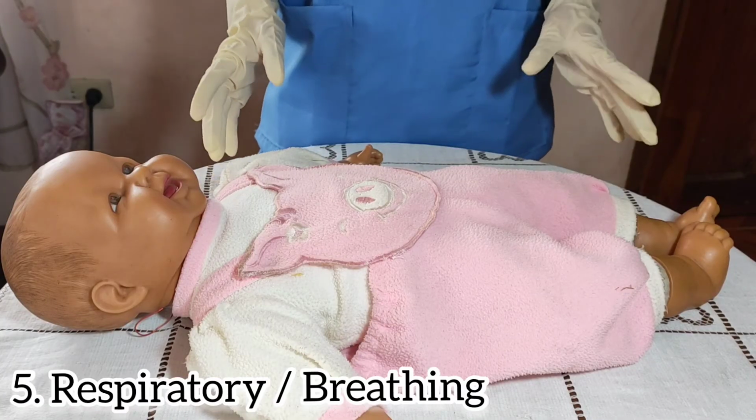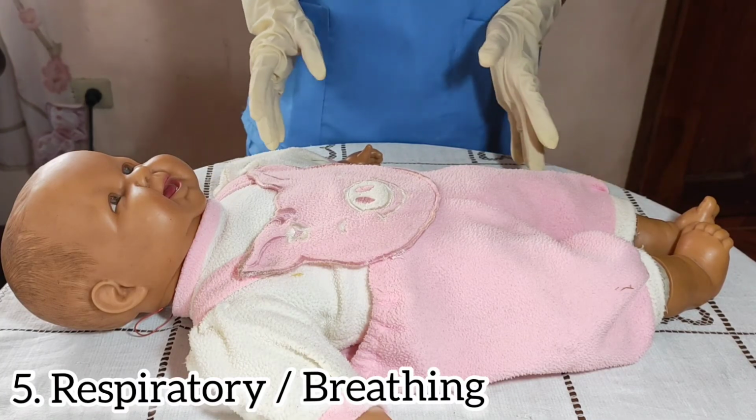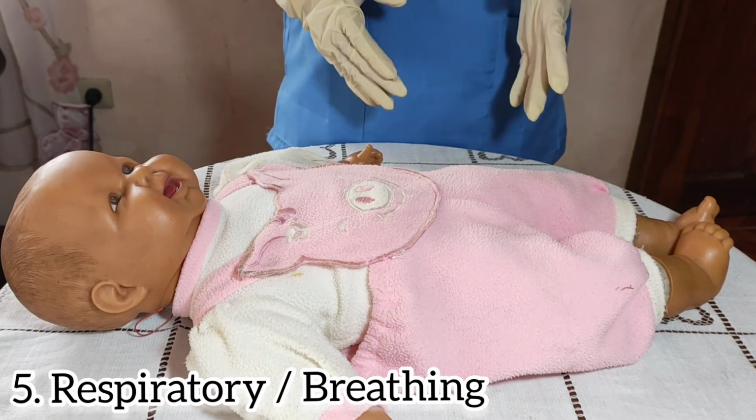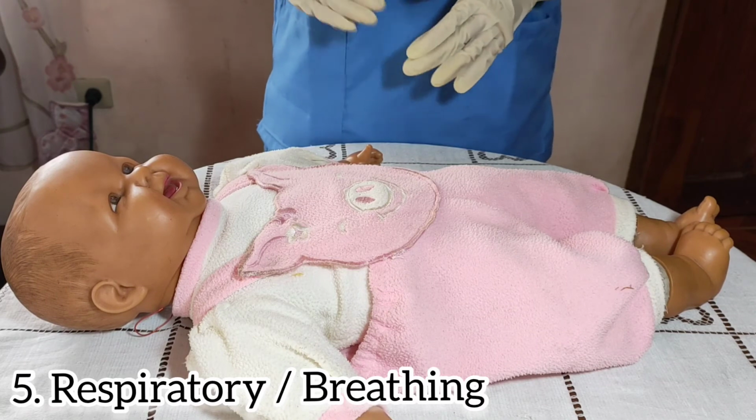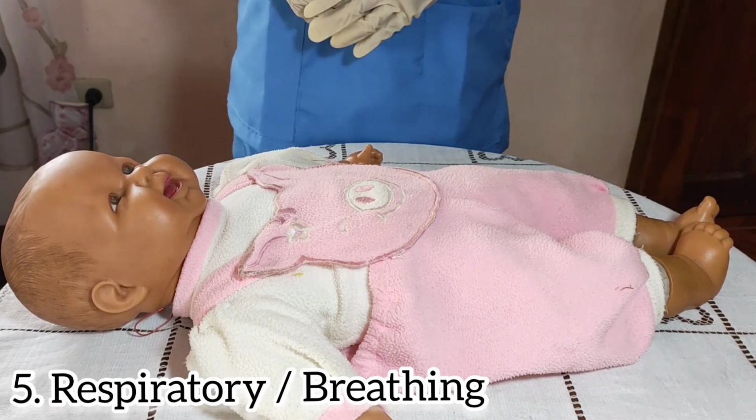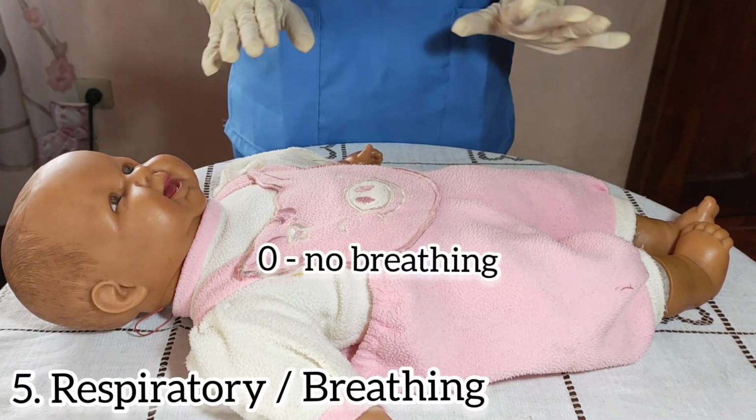Now let's check the respiratory or the breathing of the baby. This refers to the respiratory effort of the newborn within 60 seconds and 5 minutes of life. The baby will be scored 0 if there is no breathing,